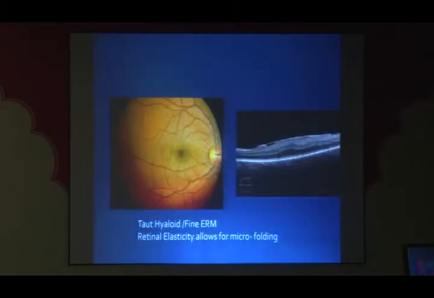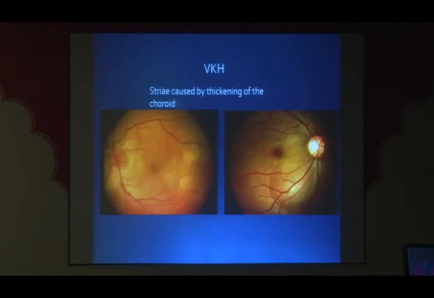So a taut hyaloid or a fine ERM can also cause striae. You can see these striae on the OCT corresponding to the striae here, which is very subtle and maybe needs a high magnification view. A case of VKH, Vogt-Koyanagi-Harada syndrome, where there is a choroidal thickening,